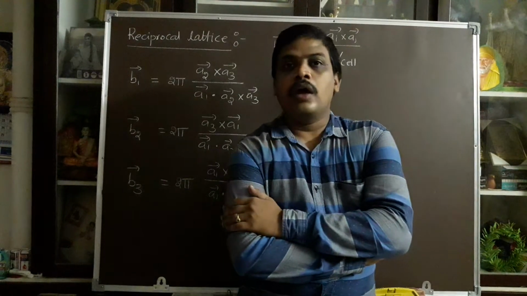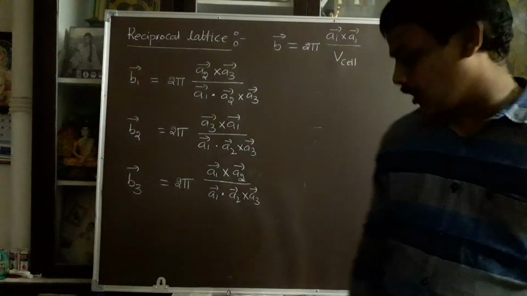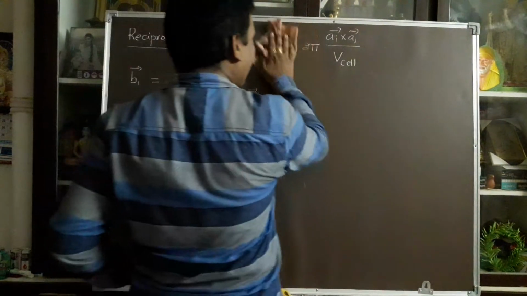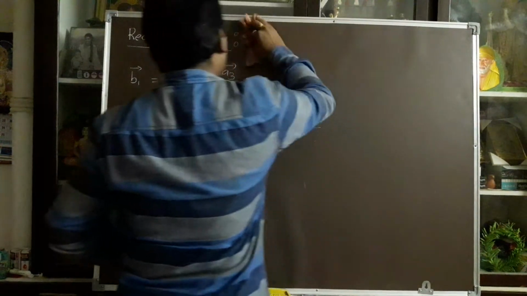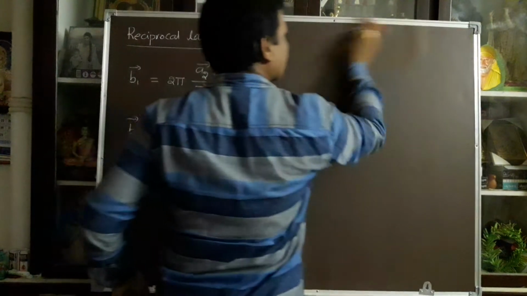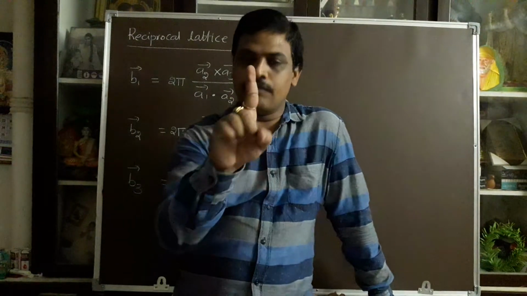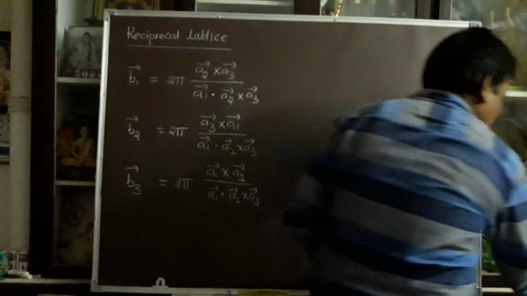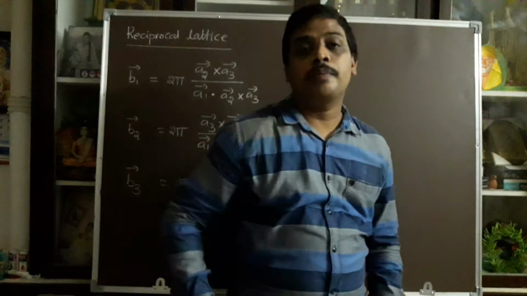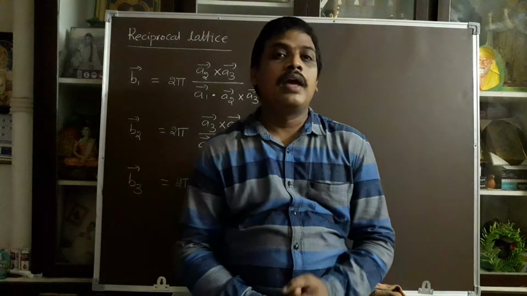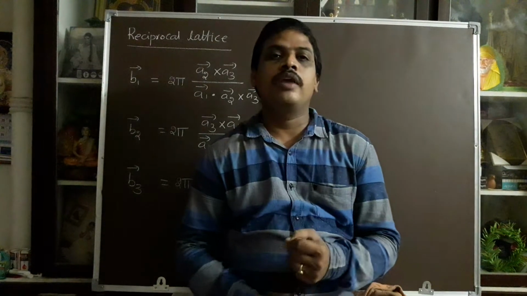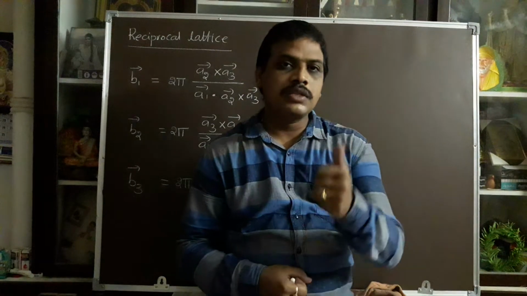Already I told in our yesterday's class, please recall the crystal structures, particularly the number of lattice points per unit cell. How many lattice points per unit cell in simple cubic structure? There is only one lattice point. At every corner, 1/8 portion of the lattice point is occupied. In a cubic structure there are 8 corners, so 8 into 1/8 is 1. So totally we have only one lattice point in simple cubic structure.